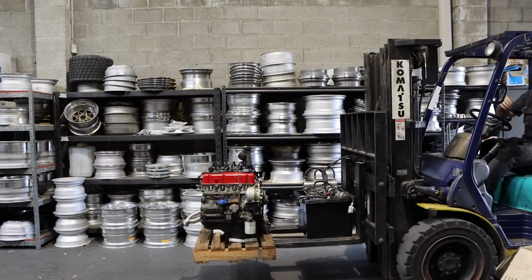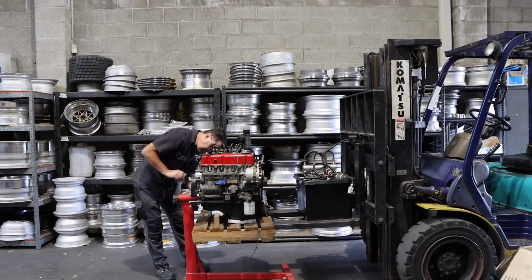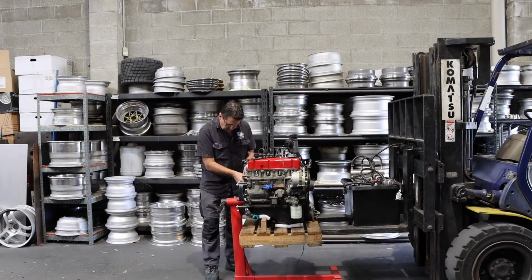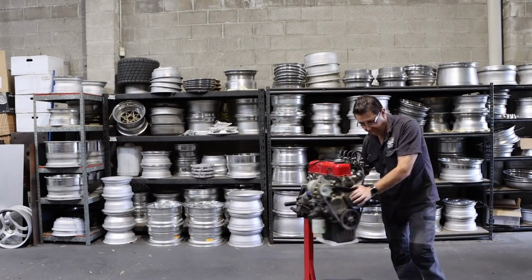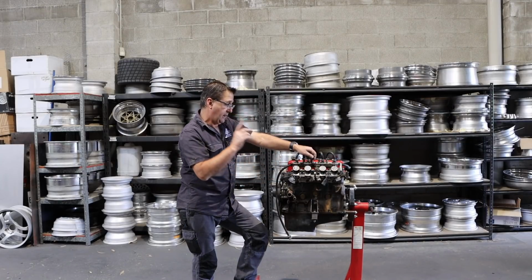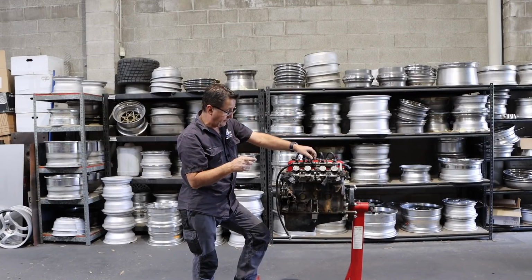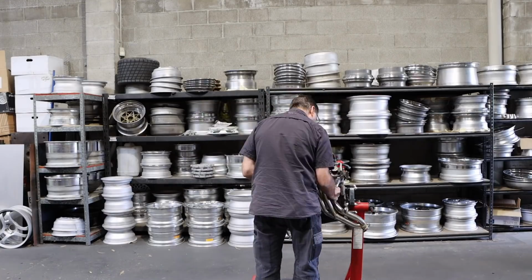So what do we have here? We've got an A15, which is the big block, with an H89 head, which is a standard A15, but apparently it's the head to have. That's the good one, the oval port. And this one happens to have quad throttle bodies and fuel injection. Okay, so here's the plan. What we're going to do is put all of this and the Haltech 550 and the extractors, which are here, onto the